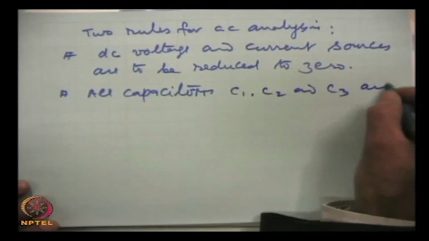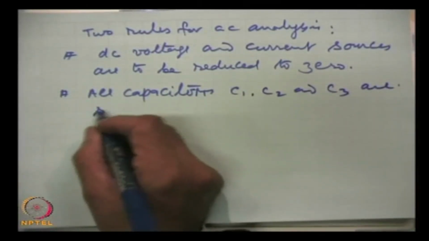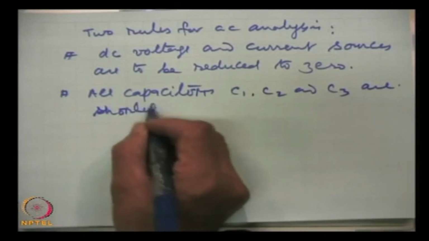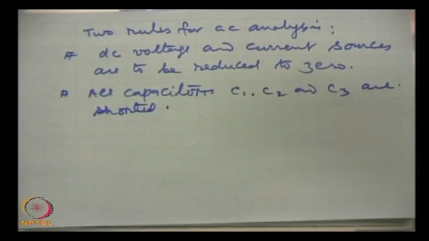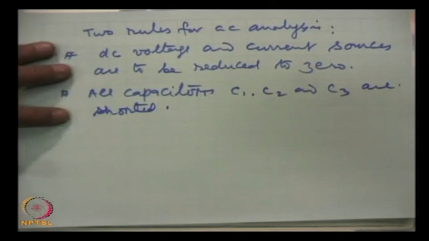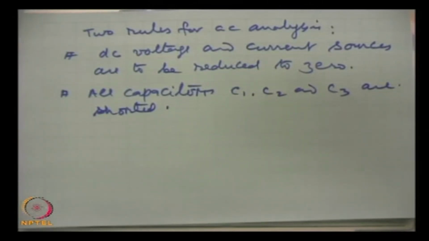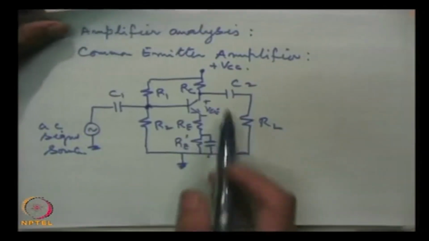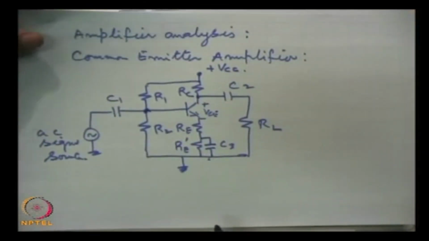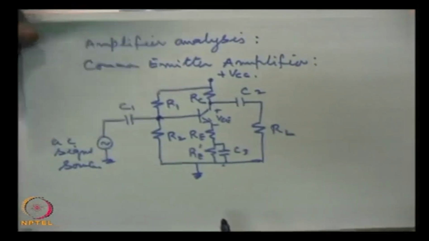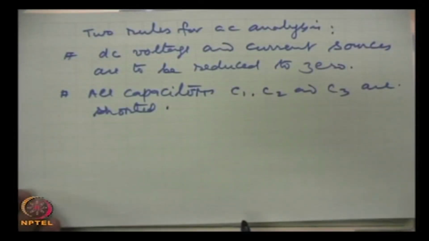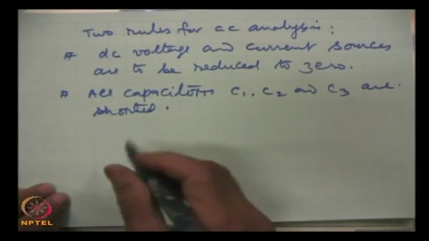C1, C2 and C3 are shorted. Now, if we follow these rules of the analysis, then the CE amplifier which we have shown here gets reduced to its AC equivalent circuit. So, the AC equivalent circuit will be